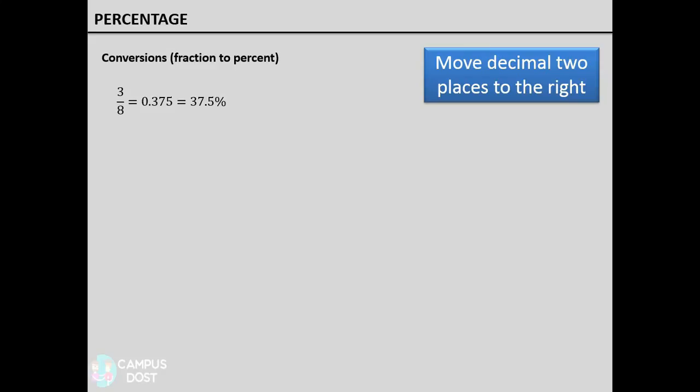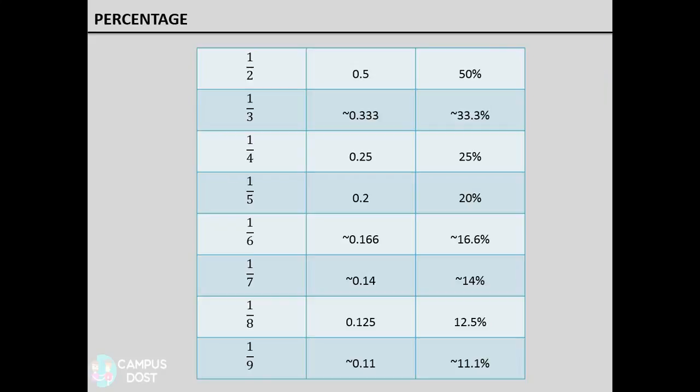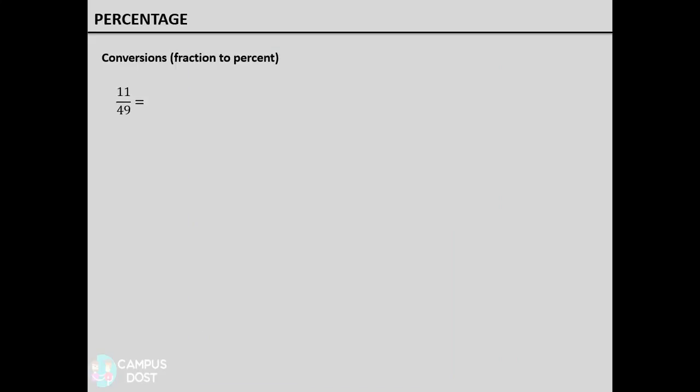Now, on the GRE, we could use the calculator to make conversions from fractions to percents. But another option is to memorize the following table. As you can see, the table is identical to the fraction-decimal conversions, except we have now added a new column for percents. If you can memorize this base conversion, you will be able to make similar conversions with this. Let's say we are solving some question and we find that the answer is equal to 11 over 49, and we must now convert this into a percent.